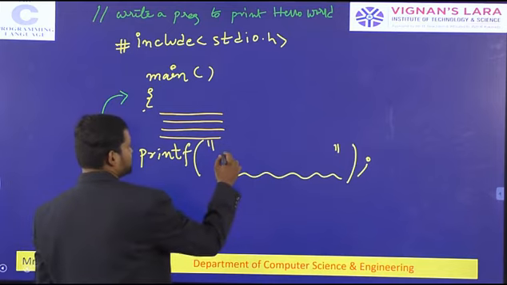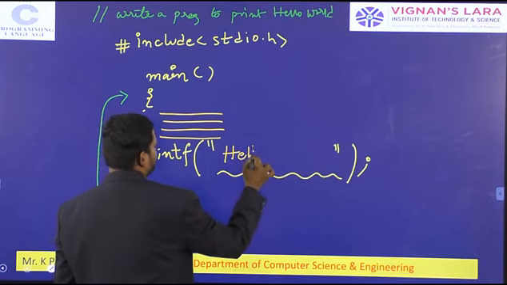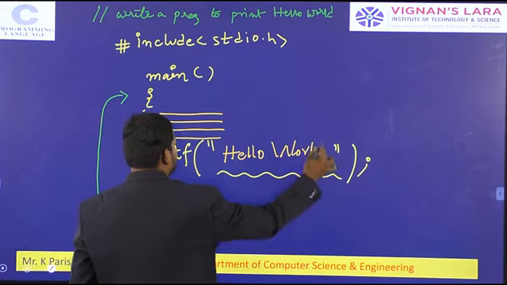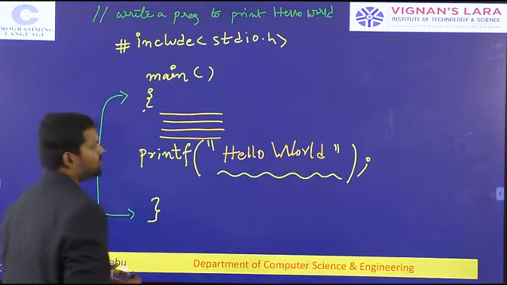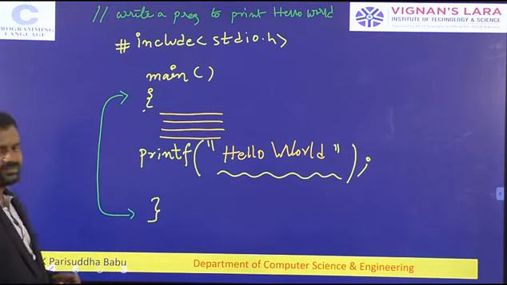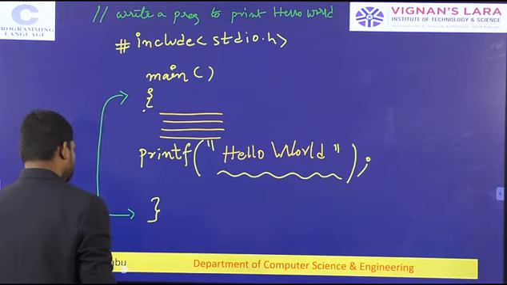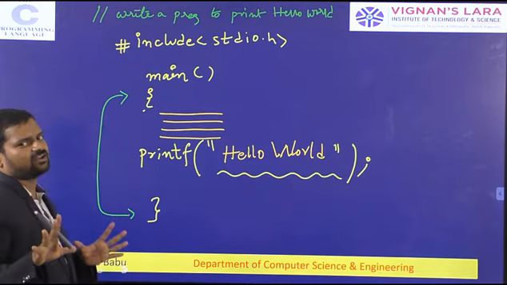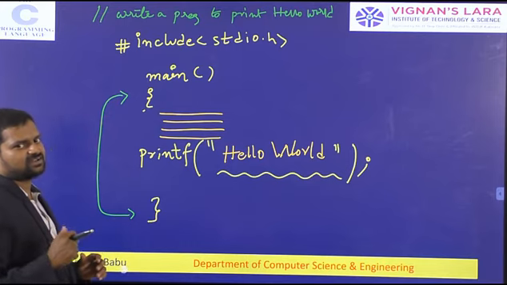Just that information, right? What is it? Hello world. That is the program we have, hello world. That information will be printed. Hello world. So the program is completed, just for writing the hello world program using the structure of the C program.